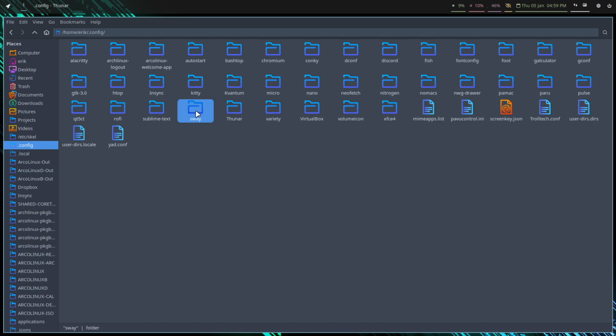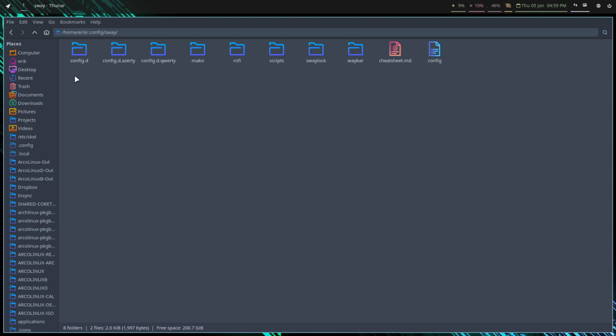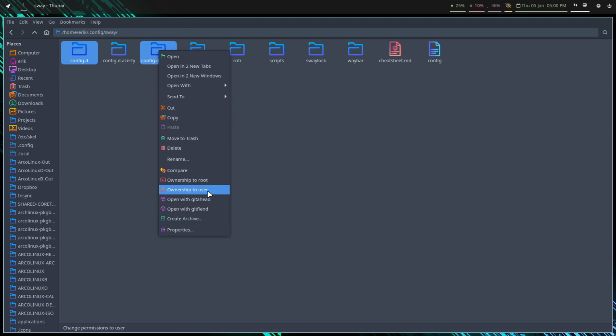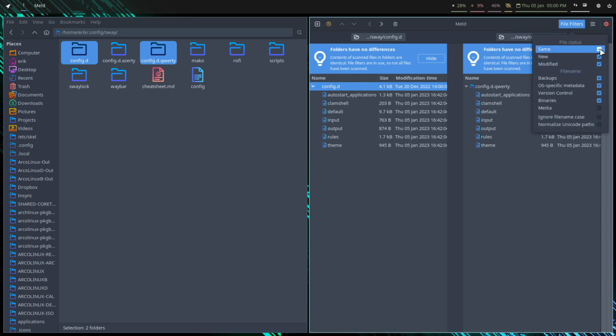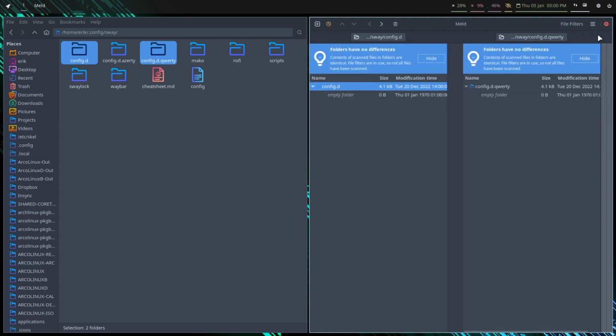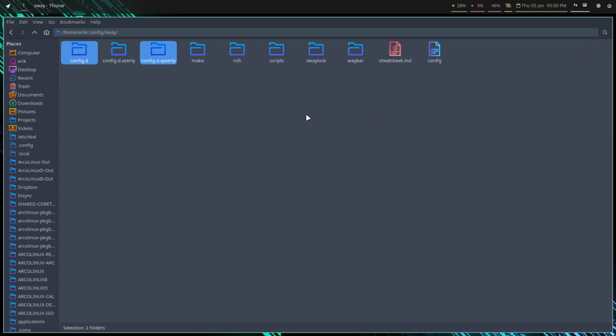So sway, where are you? There you are. So this one and that one should be the same, unless I've changed a lot of things in the video right now, right? So compare, nothing's changed. Folders have no differences, and of course don't show the same files or folders. So okay, that's cool, but the azerty has to be different